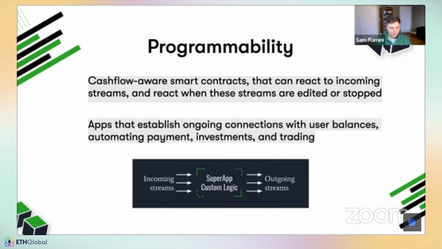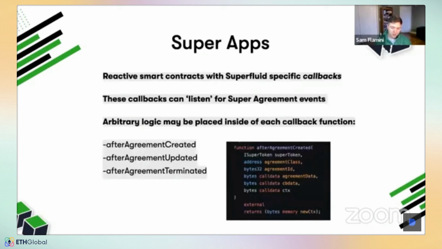So for example, there's one that we call tradable cash flow, an NFT contract that receives incoming streams and sends all of the incoming streams to the owner of the NFT, right? So these are reactive smart contracts that have hooks, like you see here in the afterAgreementCreated function, that let you do literally anything you want on receipt of a stream, right? So you can do things like receive money and split the payments. There are even people that have built really advanced DeFi applications around this, and exchanges around this. And we'd encourage you to look into this if you're a Solidity dev.